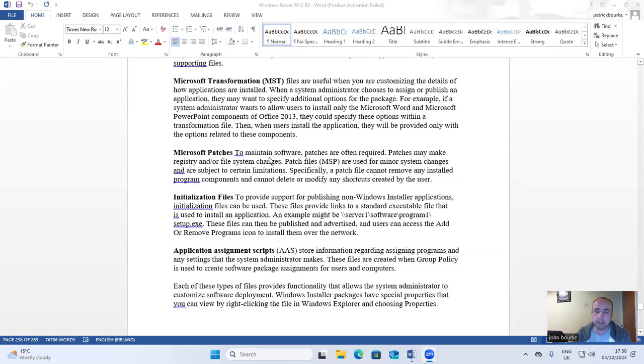To maintain software, patches are often required. Patches may make registry and/or file system changes. Patch files, MSP, are used for minor system changes and are subject to certain limitations. Specifically, a patch file cannot remove any installed program components and cannot delete or modify any shortcuts created by the